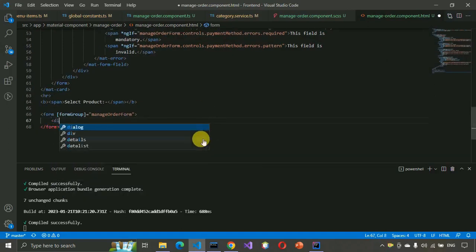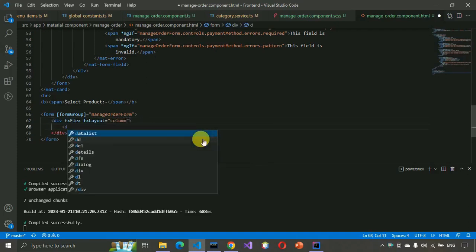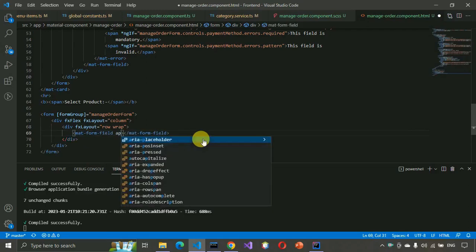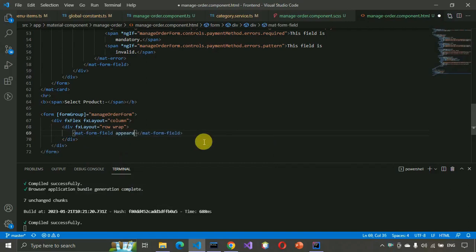and div, fx flex, fx layout, and it should be column, and inside this div fx layout, row wrap, mat form field, and appearance standard, this one, and fx flex,